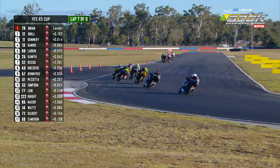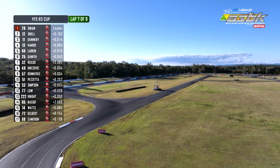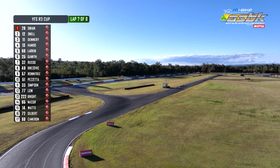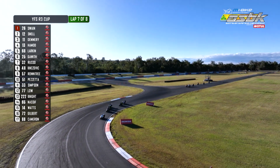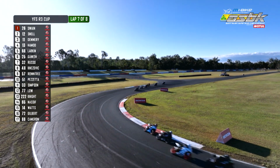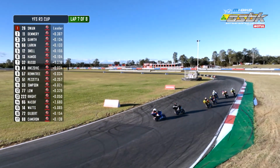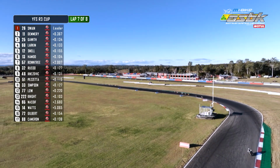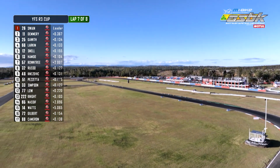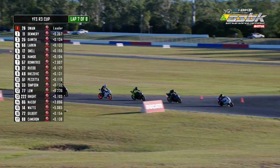People Roundtree trying to go around the outside there on board bike number 57 in that next group, being led at the moment by Jay Russo. Larkin's keeping quite a low profile in this front group, so hopefully he's just conserving energy as they head into that last lap. It's not like he's been battling for the lead in that lead group. He's sitting there. I wonder if that means he's going to have a red-hot crack in this next couple